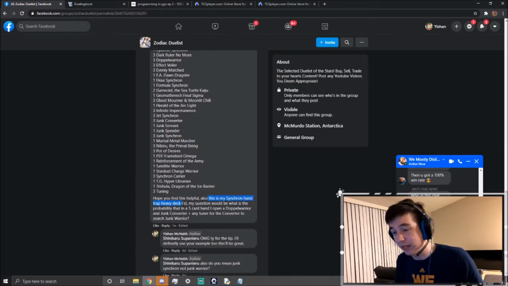Also, this is my Synchron hand trap heavy deck list. My question would be, what is the probability that in a 5-card hand I open a Doppel Warrior and a Junk Converter plus any tuner for the converter to search Junk Warrior? Okay,